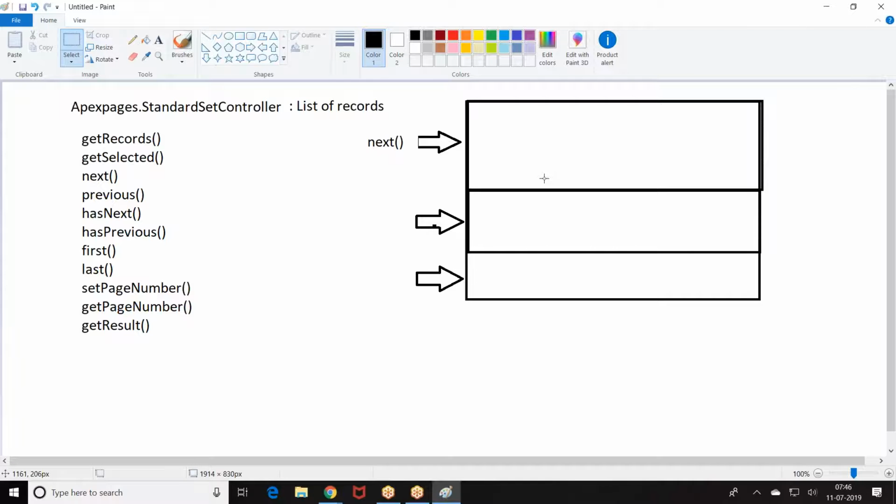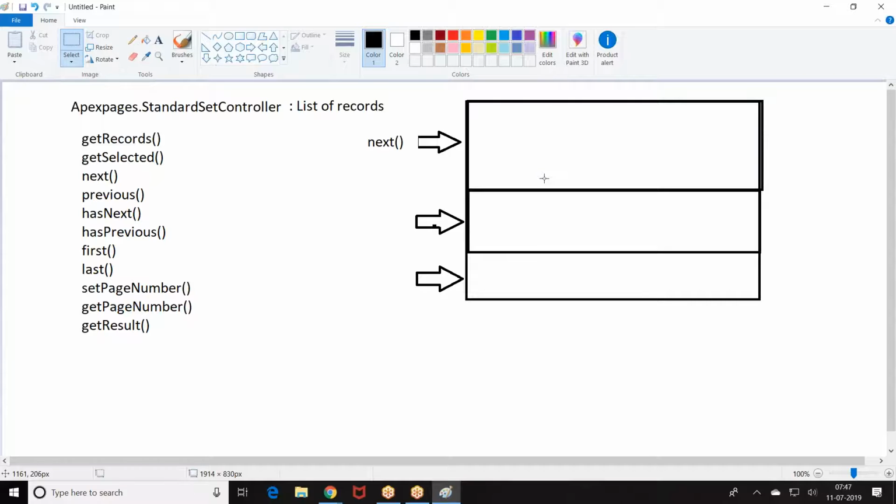When I say get record, it only gets the records from the current page. It is breaking the data into number of pages. Right now, wherever the cursor is, from the current page, it is going to get the records. Is that clear for everyone? So get the data, break them into number of pages. Whenever I say get record, get the records from the current page.